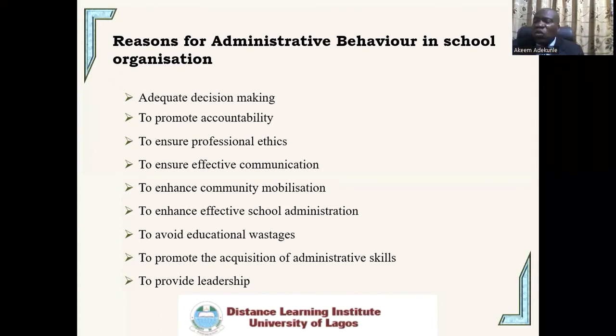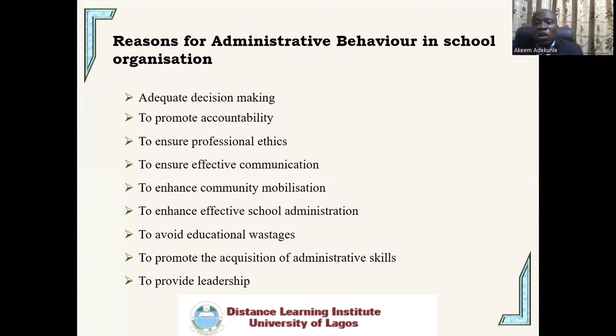And we have also looked at the theory of administrative behavior, and we said that the theory of administrative behavior is talking about how administrators ought to behave. And this theory was conceived by Herbert Simon in 1947, and it has to do with the description of the procedures with which organizational members carry out their official responsibilities.